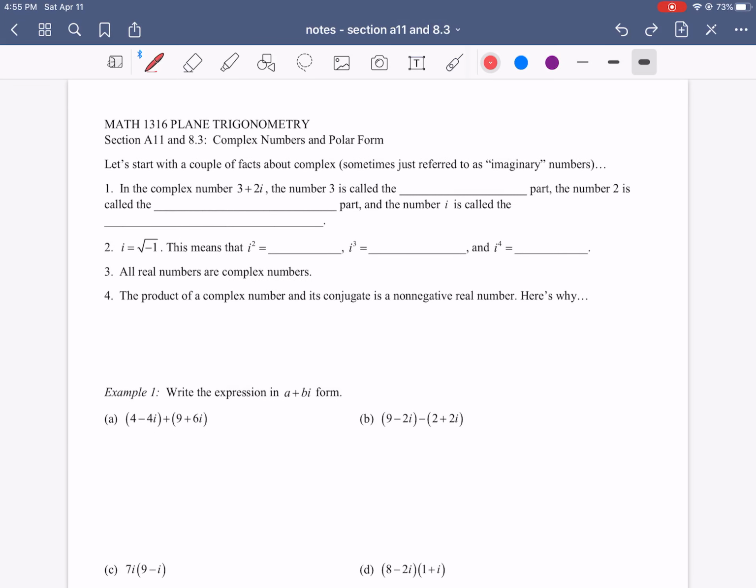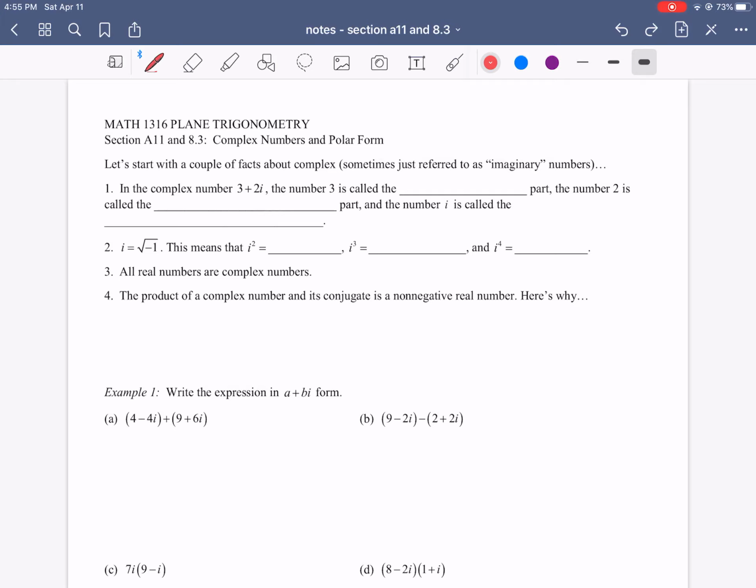Okay guys, welcome to your video lesson on section 8.1 and then 8.3 part 1. This is going to be a review of imaginary numbers and then also an introduction into what we call polar form of a number. So let's start with a couple of facts about complex, or sometimes just referred to as